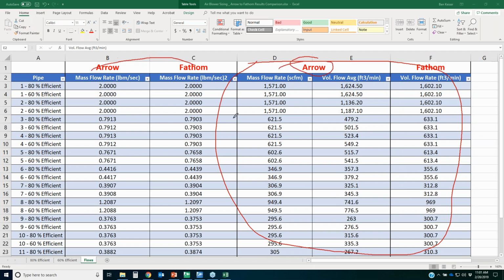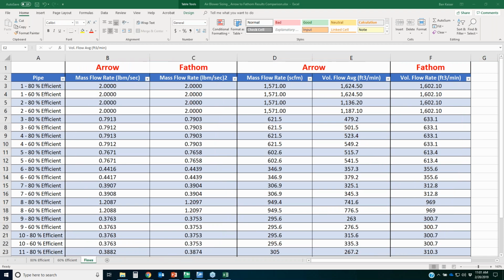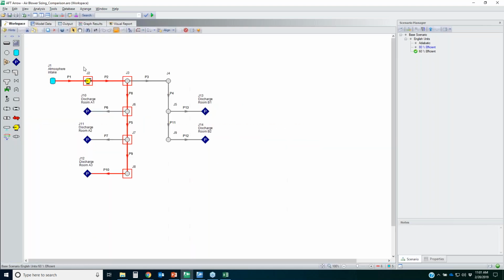Now, if you're looking at mass flow rates in terms of pounds per second or kilograms per hour or something like that, then those would be better results to look at, not volumetric quantities. So what we can take away from this analysis that took me 40 minutes to describe to you and probably an hour and a half on my own time